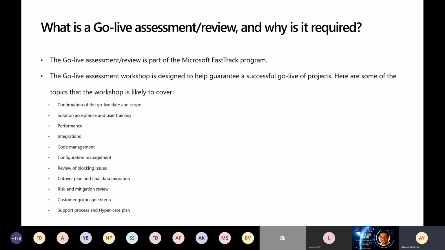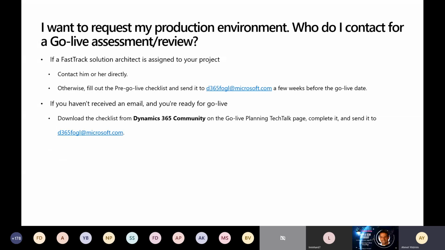Another question: I want to request my production environment. Who do I contact for a go live assessment review? If a FastTrack solution architect is assigned to your project, and not all projects have one, as we said from the eligibility perspective, in some projects the FastTrack solution architects are not assigned. If one is assigned, contact him or her directly. Otherwise, based on the go live date,